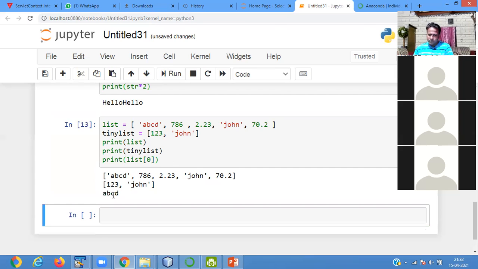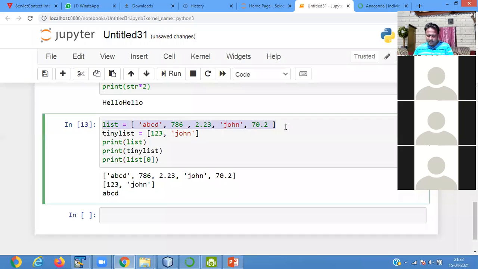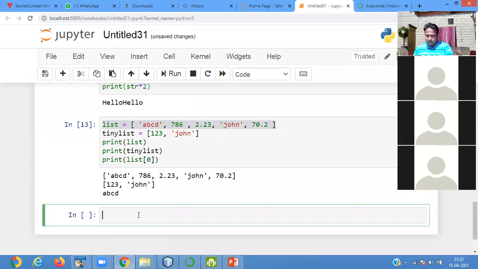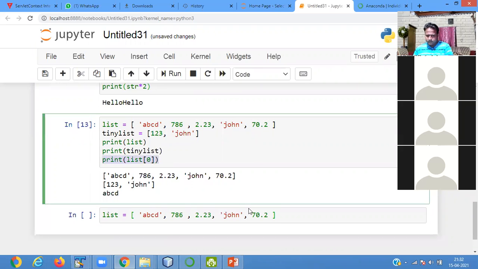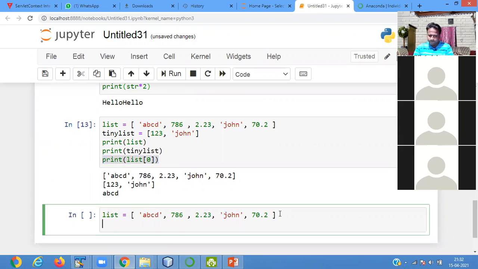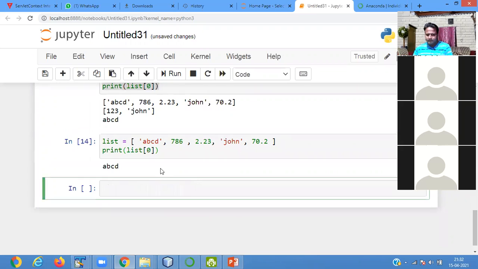See there, it is only showing abcd. I simplify it. Now when I run the file, it is showing abcd, the first index value.